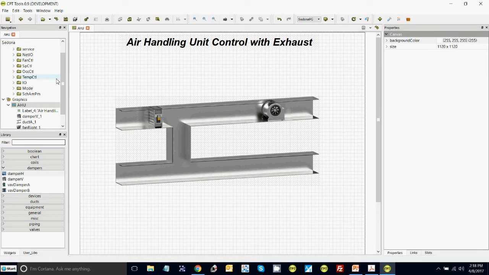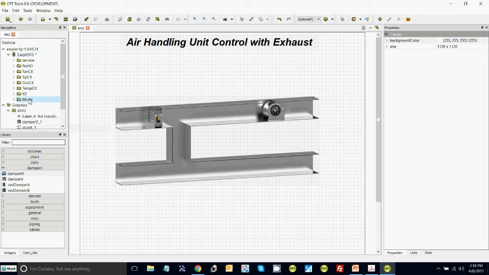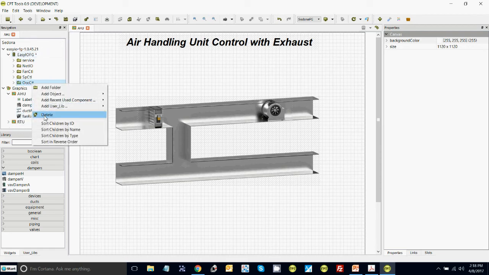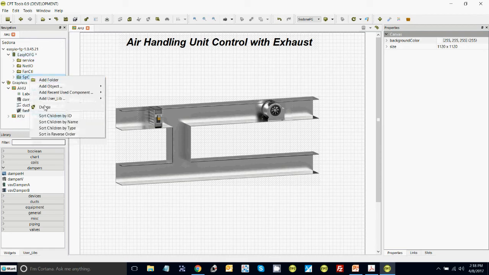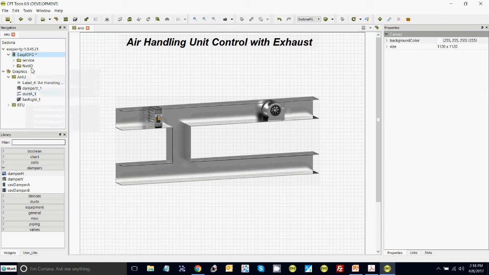So next, what we're going to do is delete the logic we have in the controller and start working towards the graphics we're going to do in the test. So on the right hand side, just use your mouse on the left hand tree. It's easier to delete folders like this because some of them are quite large. IO, delete, temperature control, delete, occupied control, delete, set point control, fan control, and net IO,